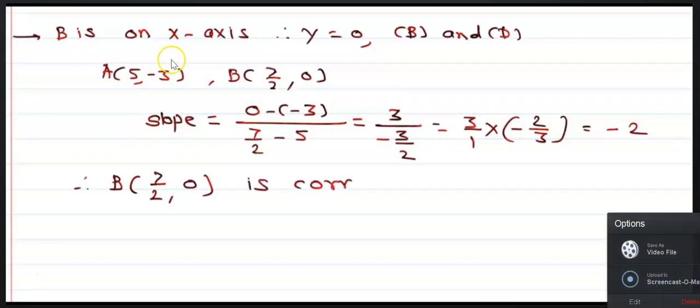Now here the slope of AB is (0 minus (-3)) upon (2 minus 5), that is 7 upon (2 minus 5), and simplify this and it is -2. Therefore, B is (7/2, 0). That is the correct one. Now next,